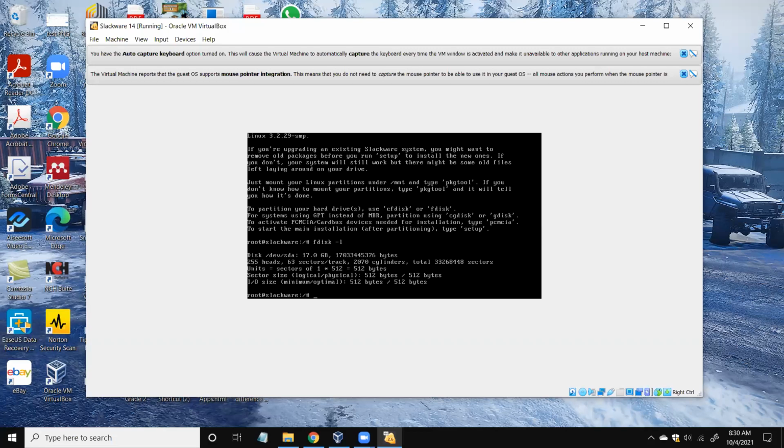So for a base Linux system, you need two essential primary partitions, that is the swap partition and the installation partition, that is to install the operating system software. So the available disk is given here, right? You can see it is called /dev/sda, right?